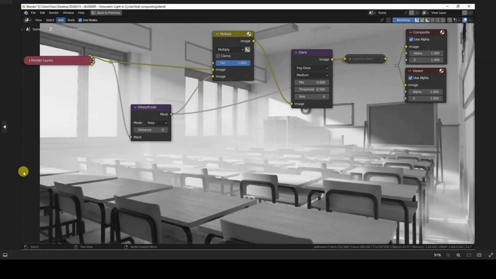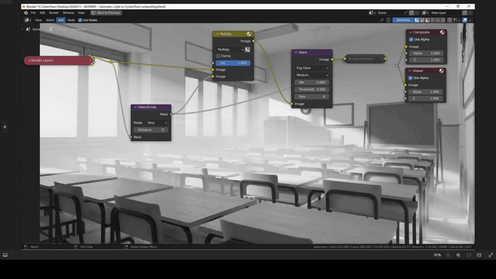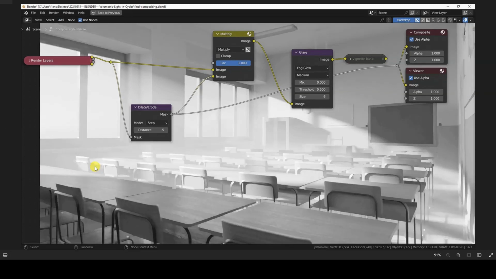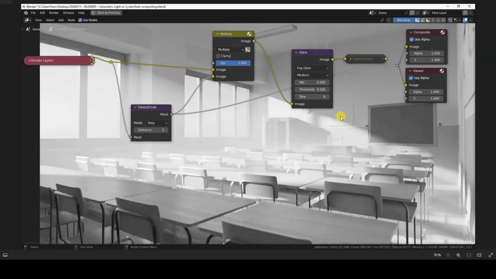From a practical standpoint, which is what concerns us, the result of this operation is that with negative values we will expand the dark areas, effectively making the final image darker due to the multiplication. Conversely, with positive values, we will expand the bright areas, which will also enhance the final glare glow effect.